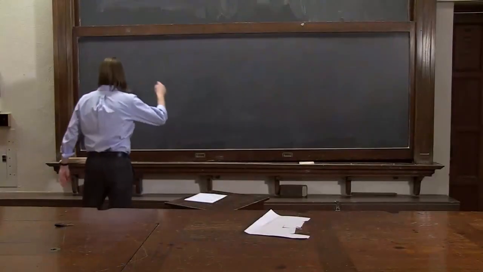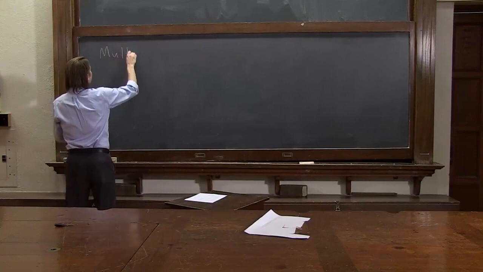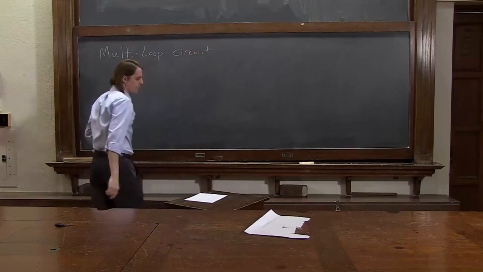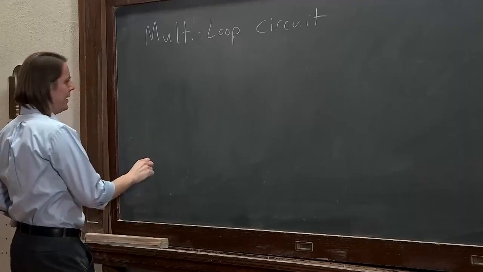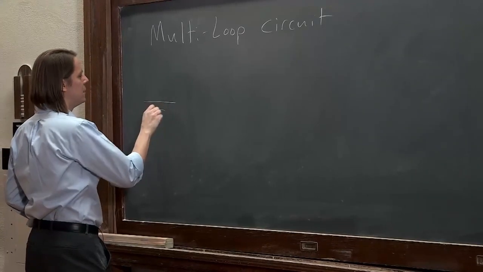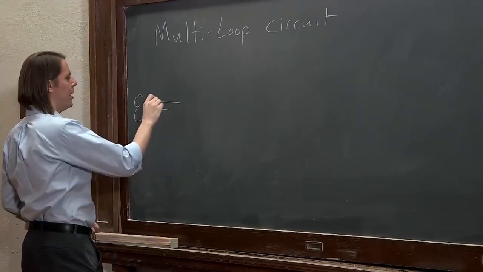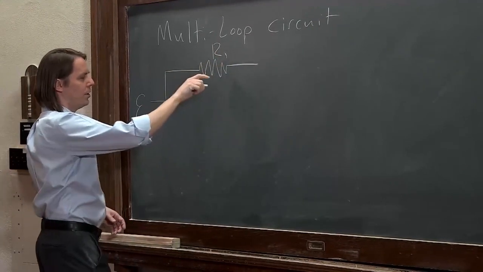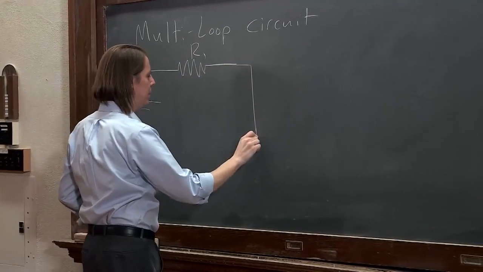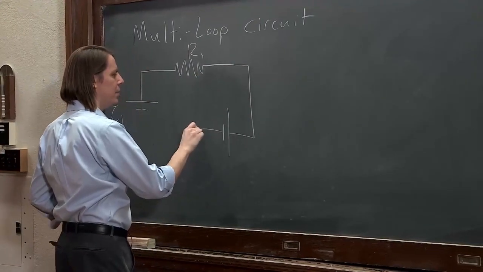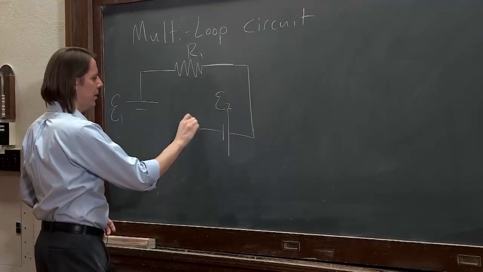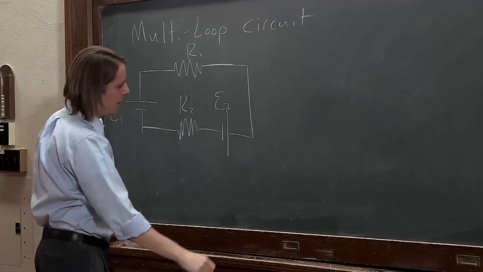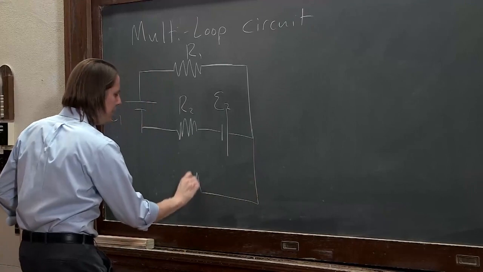Now let's use both Kirchhoff rules for a multi-loop circuit. Okay, so we're going to draw one here that has, let's say, one battery here, and it comes up, resistor 1 there, and then it comes down and over, and say another battery, EMF 2 there, and another resistor, R2, and then it splits and comes down, and yet another resistor,